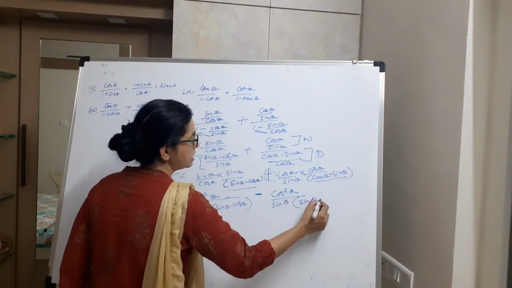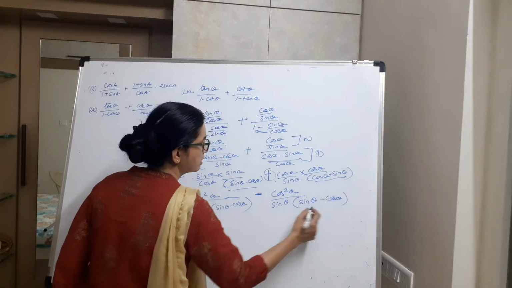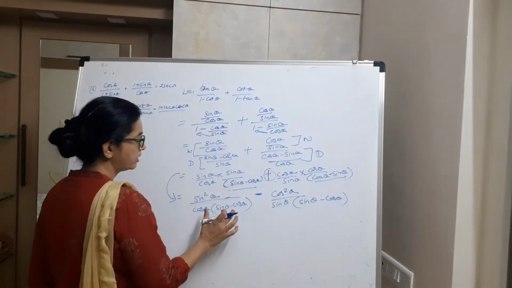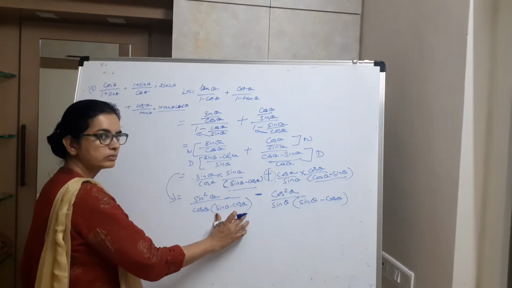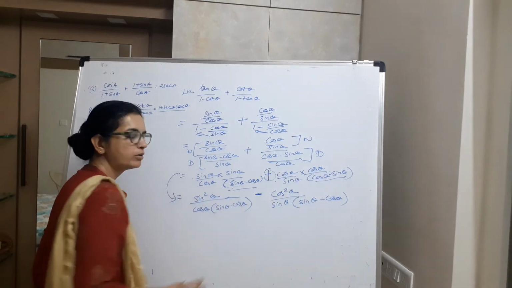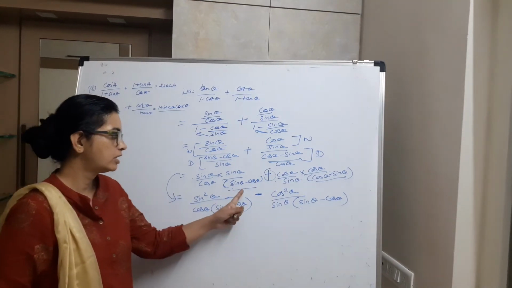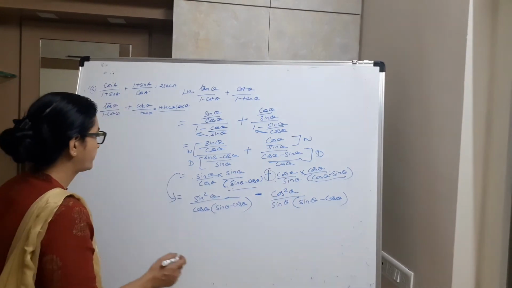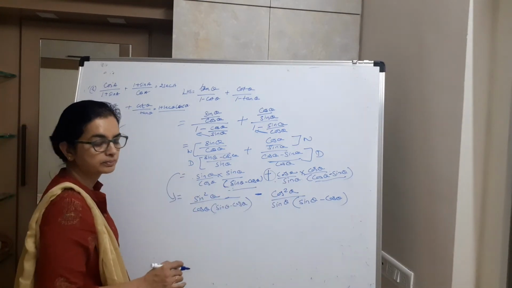And we are even changing the terms' position. Sin theta will come in the first position and cos theta will go behind, just as it is over here. Now the denominators are matching. Previously the denominators were not matching. This term and this term were not matching. Now they are matching. Now you can take the LCM.